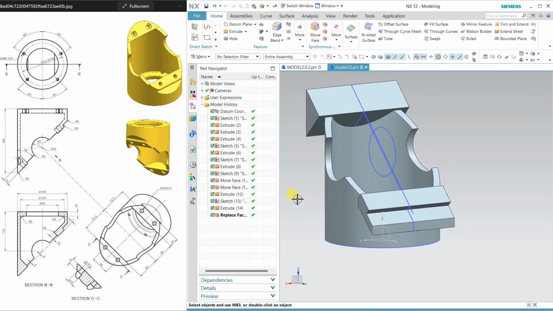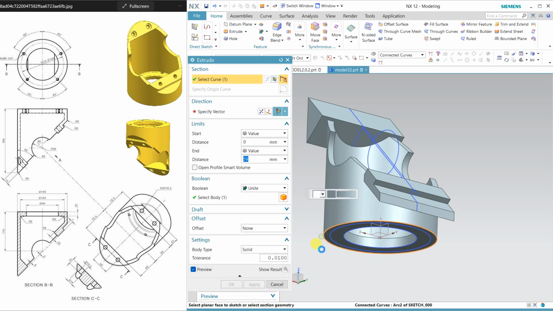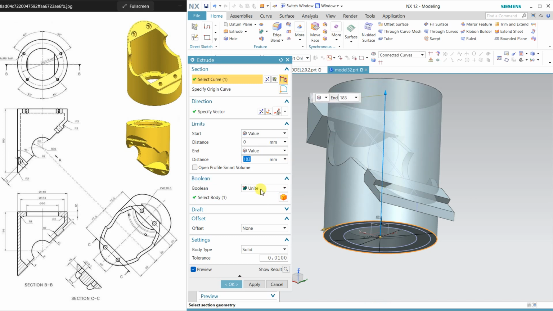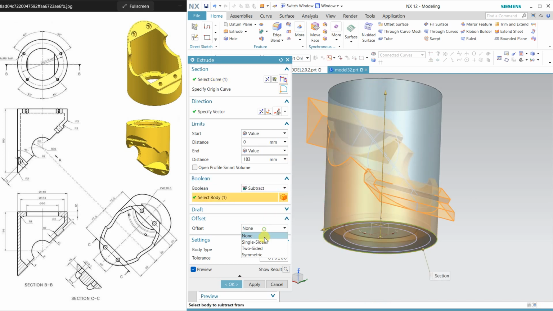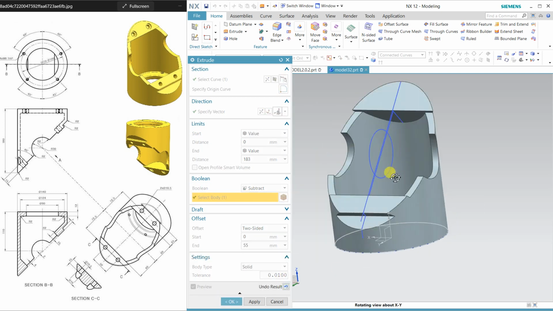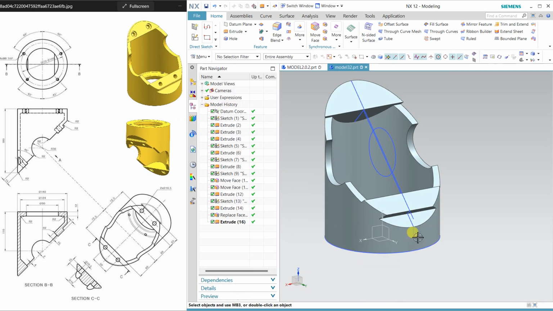Now I am again using the extrude command, and I am extruding this, select subtract and two-sided offset, and preview. Okay, it will cut all the geometry which is outside the circle.